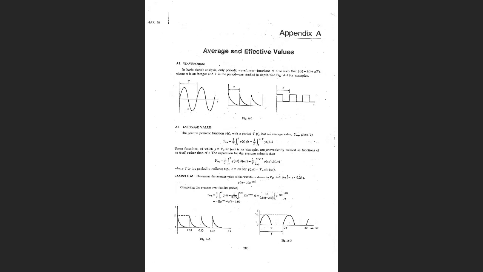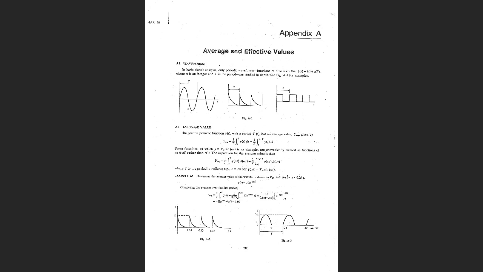Okay, good afternoon. So today we take this time to have a revision on the average and effective values as well as the constant numbers, which we will use to analyze the sine, cosine waveforms. In the lectures, we just simply learned about the effective values, and also we mentioned the constant numbers. But today here, we're showing you two sessions about the basic theories on the average and effective values, as well as the constant number. So the first one